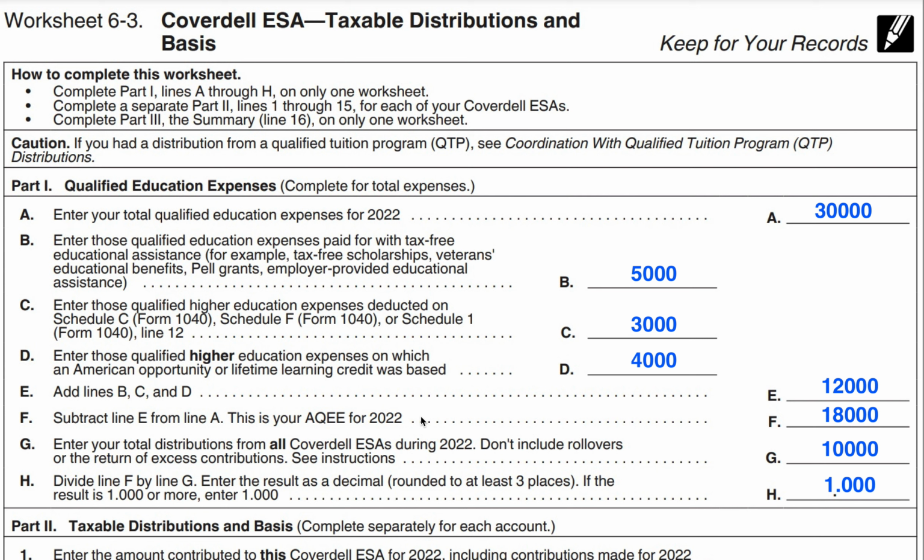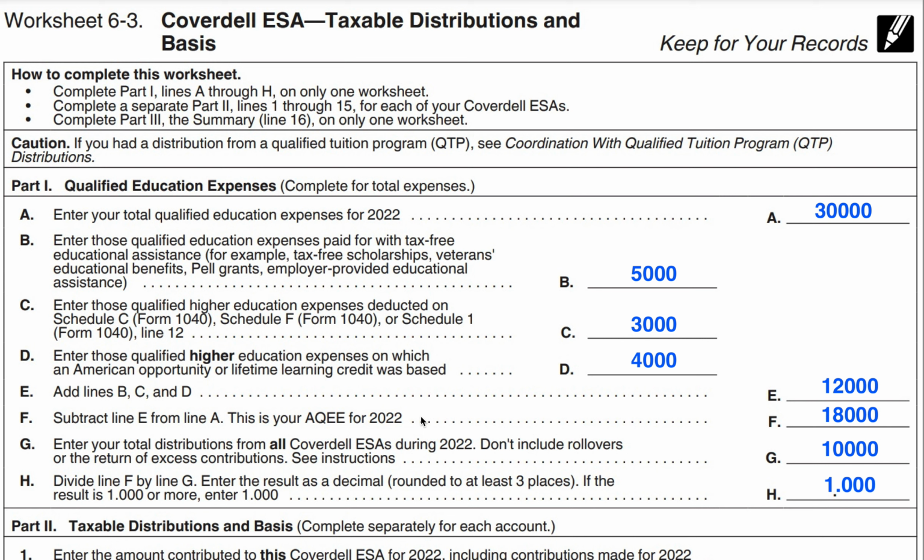We'll be going over worksheet 6-3, Coverdell ESA Taxable Distributions and Basis, which you can find in IRS Publication 970, Tax Benefits for Education. Coverdell ESAs have largely been replaced by qualified tuition programs, more commonly known as college 529 savings plans or prepaid tuition plans,